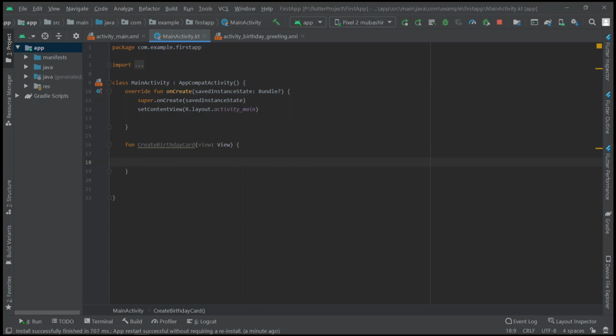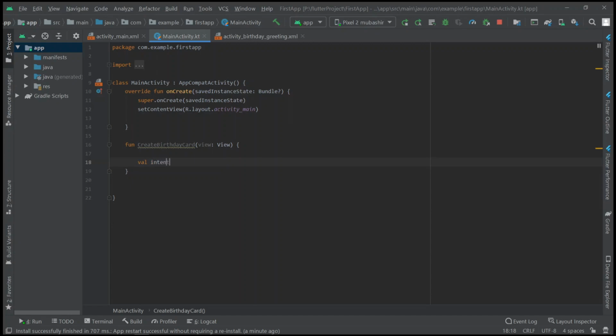So here I am going to create an intent, which means intent is responsible for changing our pages or changing to another app. For example, you have seen in some apps, when you click on a link you will be redirected to some other app, or to another page in the same app. So for that we'll create an intent.